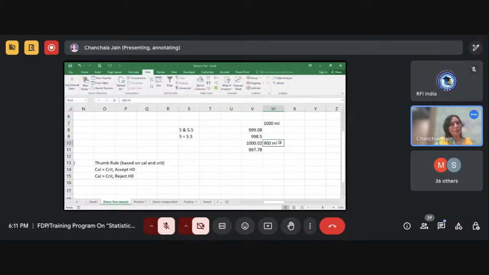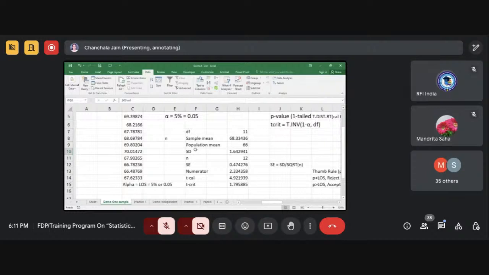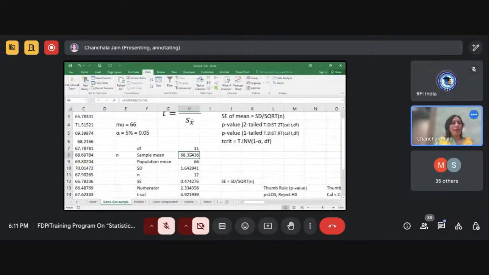Getting me? Yes, ma'am. So that is why when I talk about statistics, you always need to find whether these two figures differ significantly. When you look at the values, they are different, but whether that difference is significant enough that I need to take corrective measures or actions for improving it or not, that you need to decide using these statistics. Is it clear? Yes, ma'am. You made your point. Thank you.